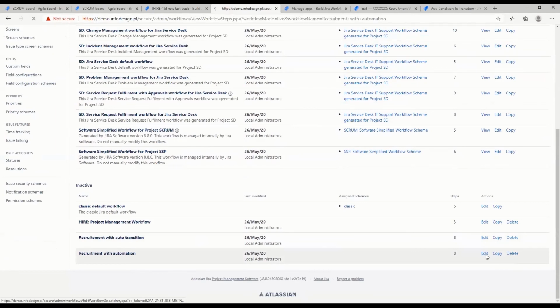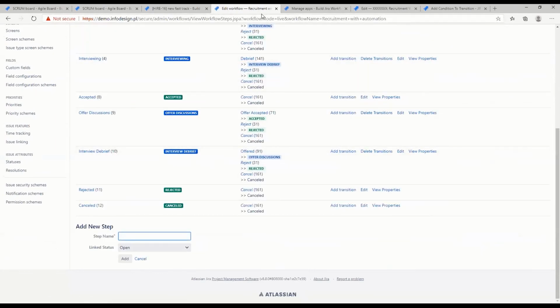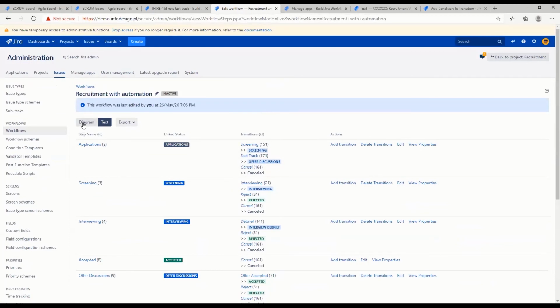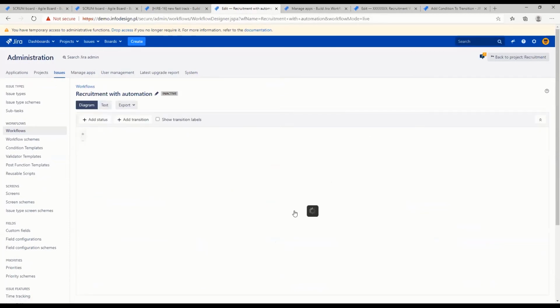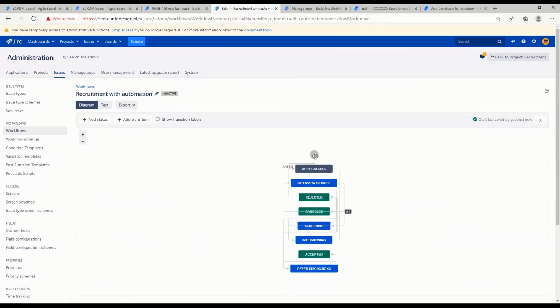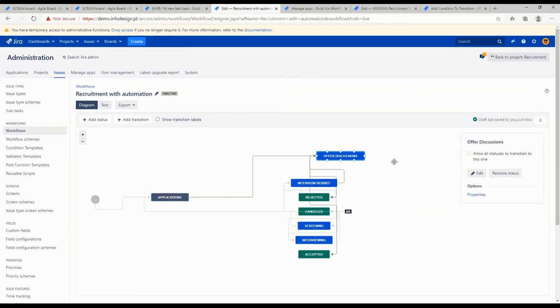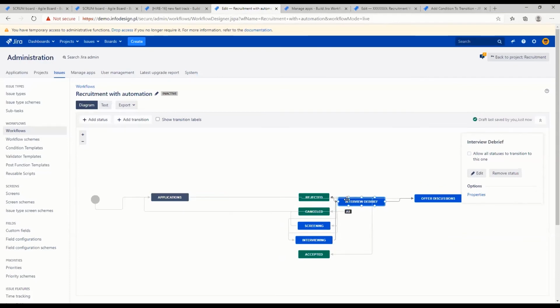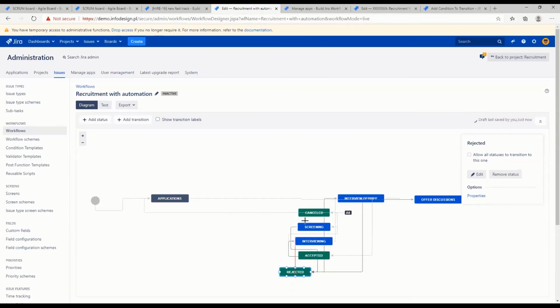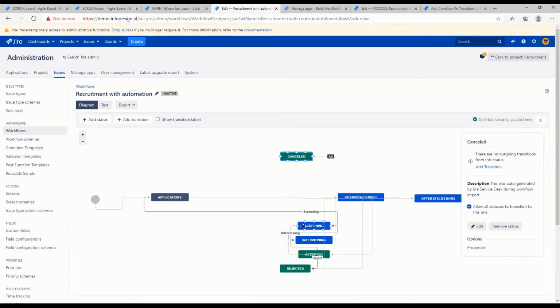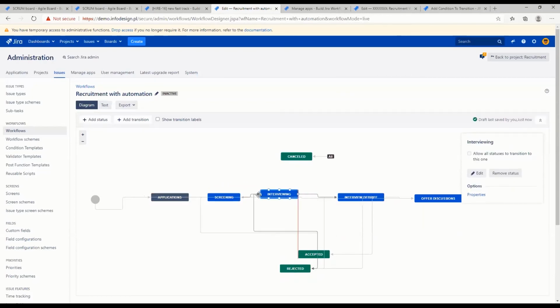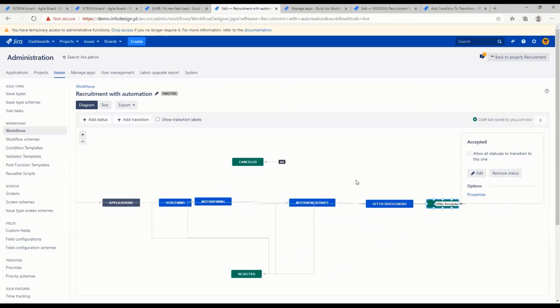Click edit because it's not well organized because we lost our layout. It has to be rearranged when we would like. This is the fast track transition. There is the interview. There is the rejected, cancelled, screening, interviewing, accepted, and so on. It's not something that we want to go through, but more or less we have from